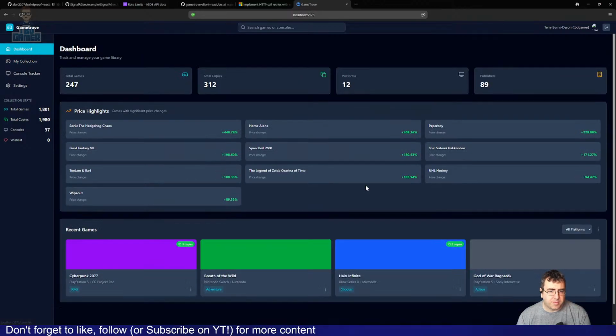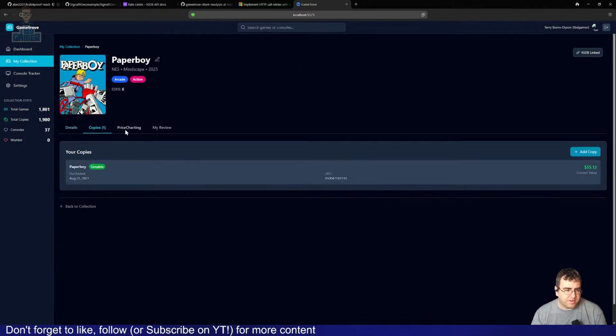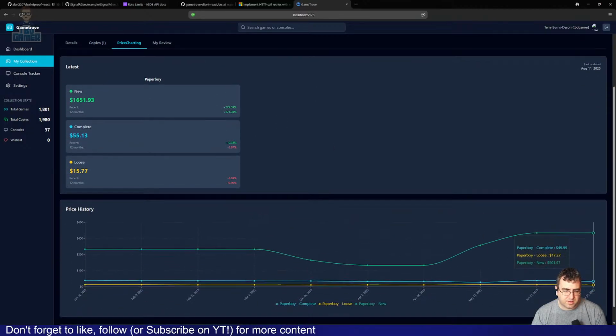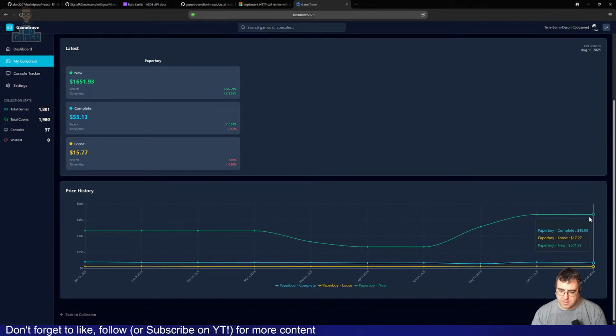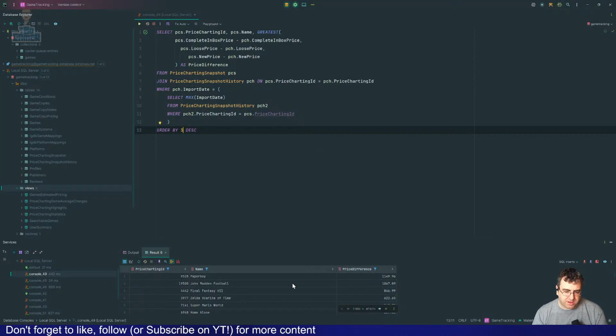So on the front page, Paperboy was listed. That's increased 229%. That's gone up from, yeah, $500 on July 26th to $1,651 from one page. So that's the biggest individual increase.